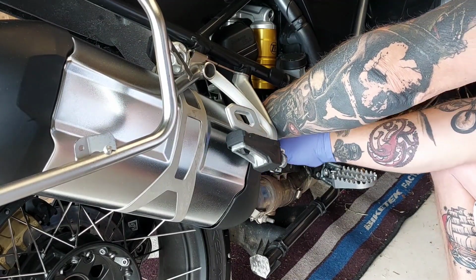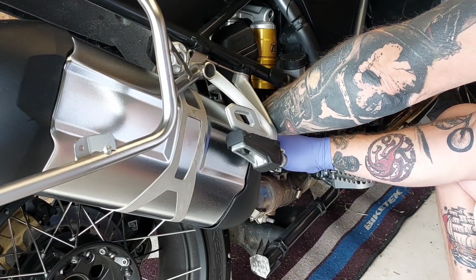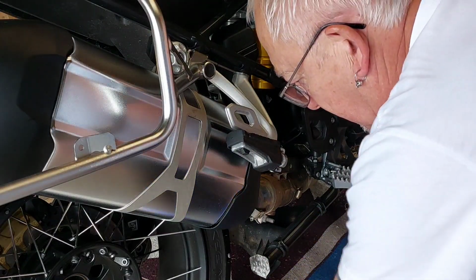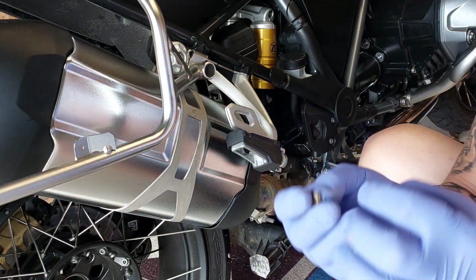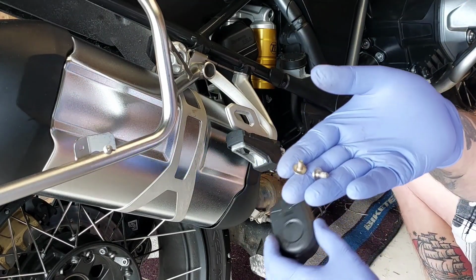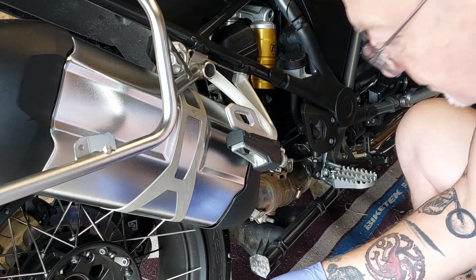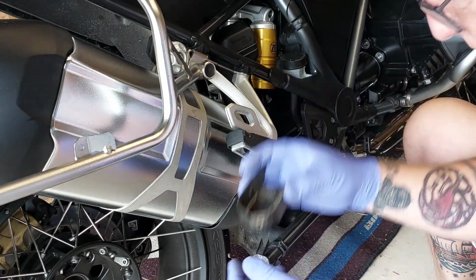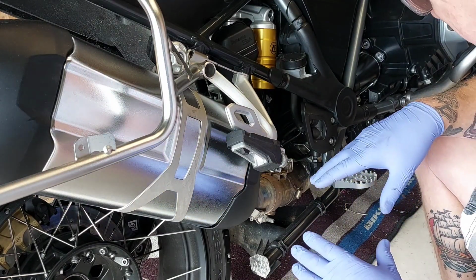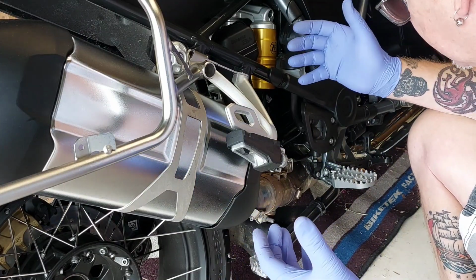I wasn't intending to do this video. I was just going to get on with it and do it, because obviously it's a problem that I need to sort out. And yes, those two screws holding the cover on are the same, so keep those two separately, or put them in the cover and keep them separately. I was going to just crack on and do this just because it's a problem that needs to be sorted,